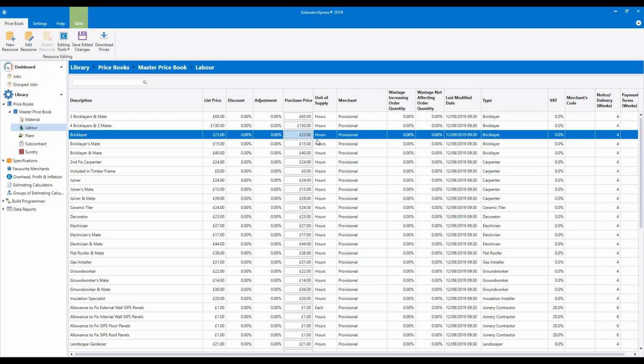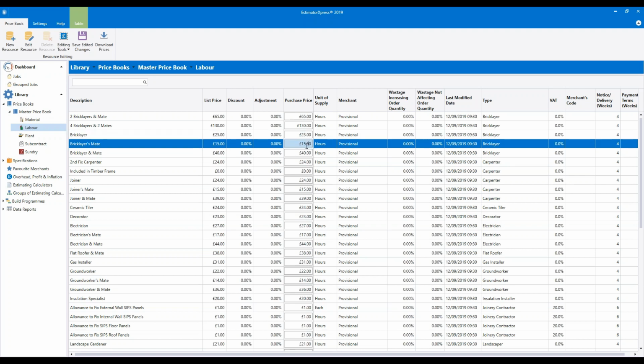So I'm in the East Midlands here. Our labour rate's a bit lower than they might be elsewhere in the country, so I've reduced that slightly. So type in whatever you pay your bricklayer, whether it's 23, 25, 27. Going to be different for all of us, no doubt. Once you've done that, click down into the bricklayer's mate purchase price input box underneath, and again change that rate, so delete what's in there and change the figure to whatever you pay your brickie's mate.